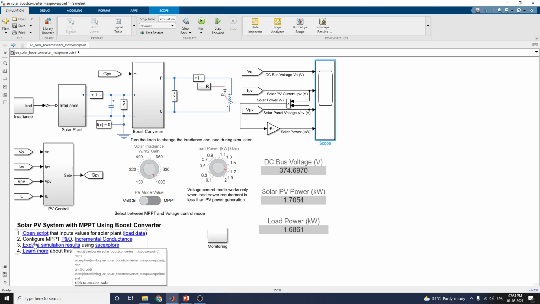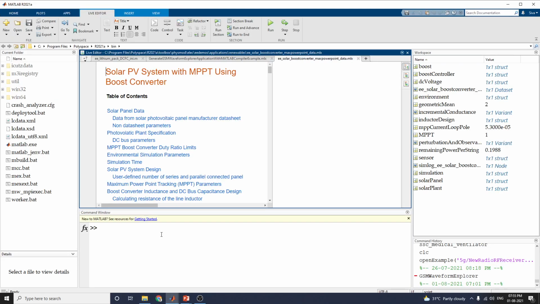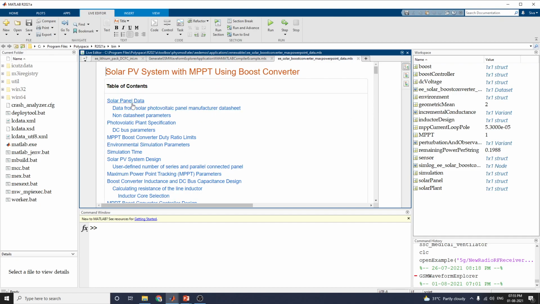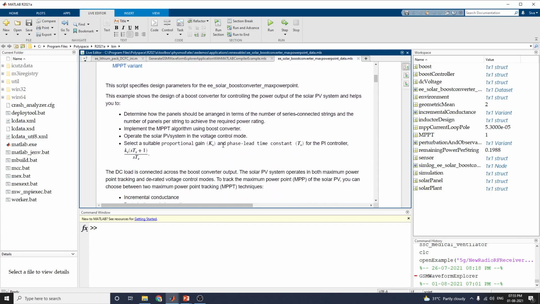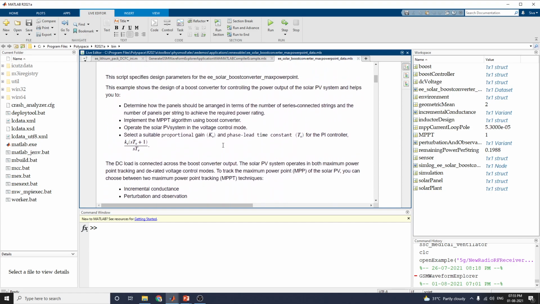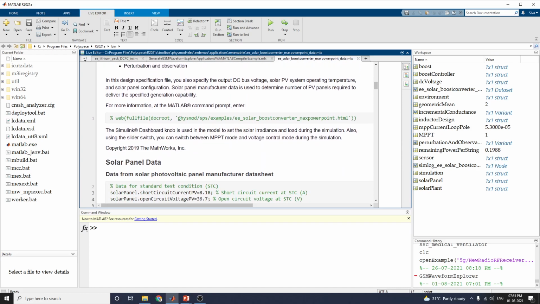Here also you can get this open script that has the input values for the solar plant. This is a table of contents. The table files also include the solar panel data and the photovoltaic plant's specification, and it also gives the live script file here. It gives the detailed models.